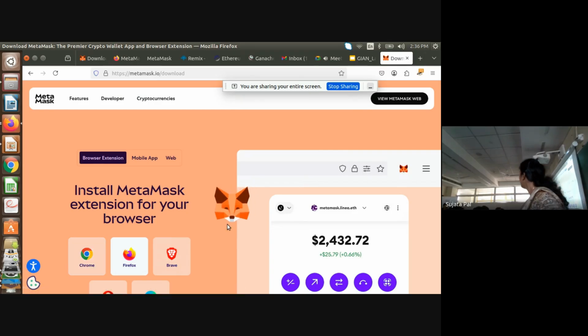Okay. So my student Shruti will also help you if you are not able to do anything. So everybody download it. MetaMask.io/download. So choose the browser here, Chrome or Firefox or Brave, Safari, whatever you are using.